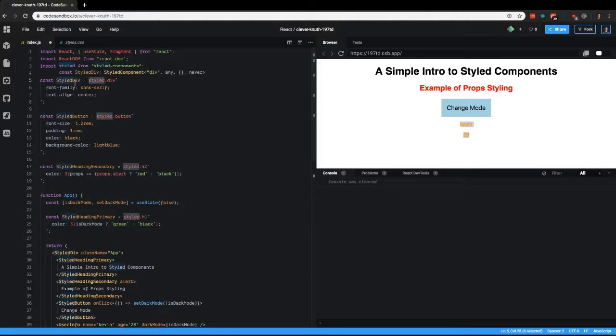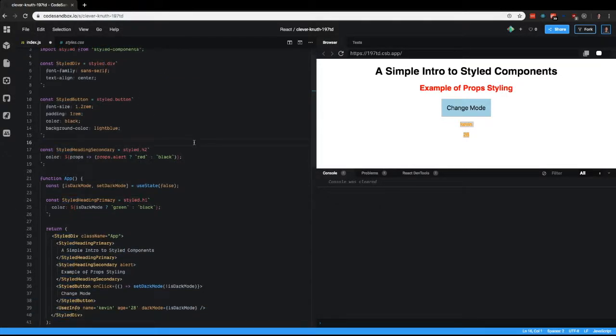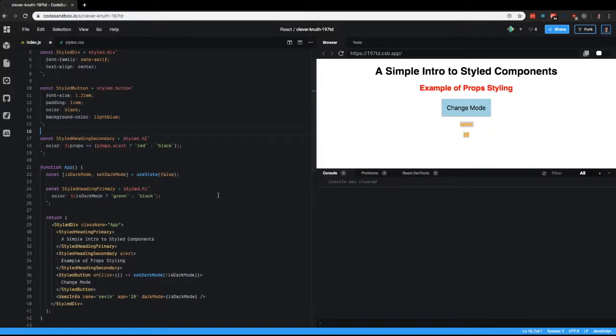In another video coming up soon, I'm going to go over how to do a few more complex things with styled components and just some general best practices. Yeah, but hopefully this gets you up and running with how they work, and maybe you can use them in your